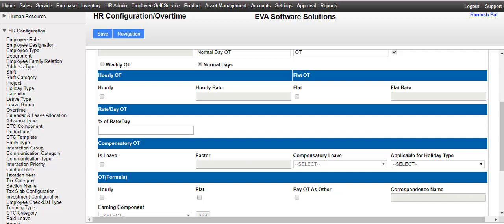So if you are providing such facility, then check is leave checkbox. In factor field, enter the number of leave that you will allocate him as a compensatory leave if he satisfies all the conditions for compensatory OT. From compensatory leave drop-down, select the leave where the compensatory leave will be accumulated.